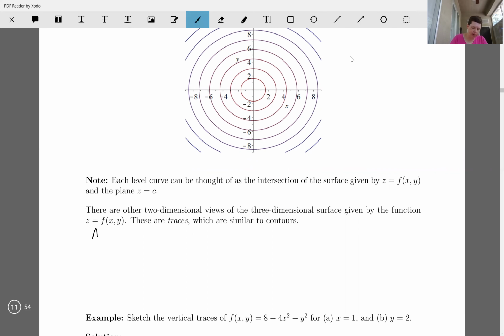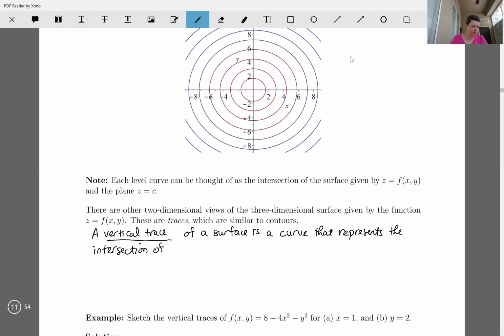A vertical trace of a surface is a curve that represents the intersection of the surface with the plane x equals a. So in other words, a vertical trace is